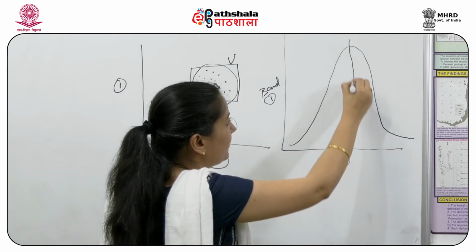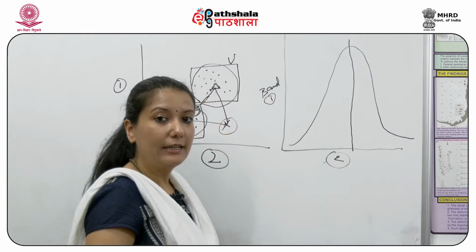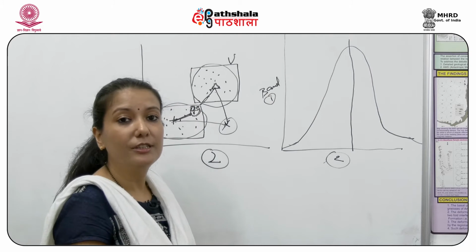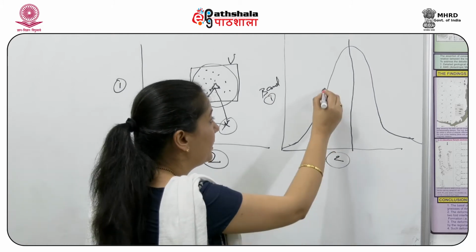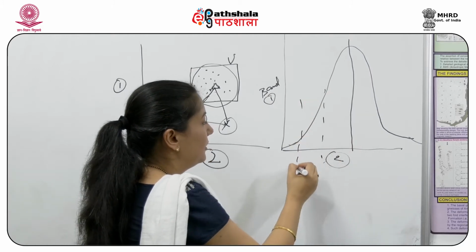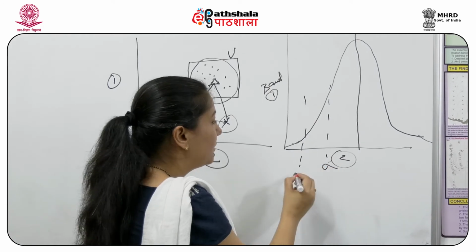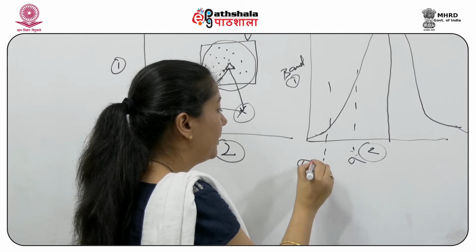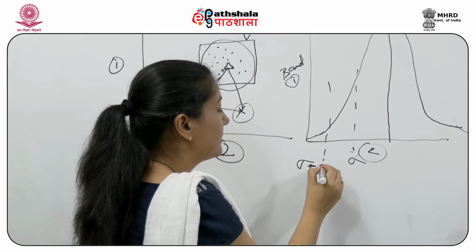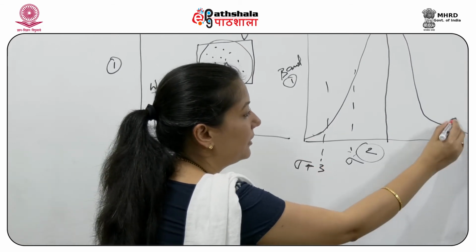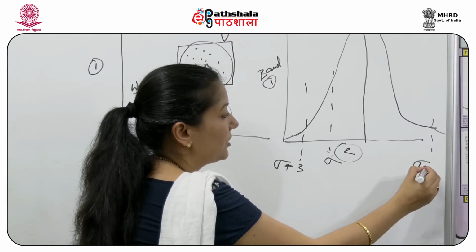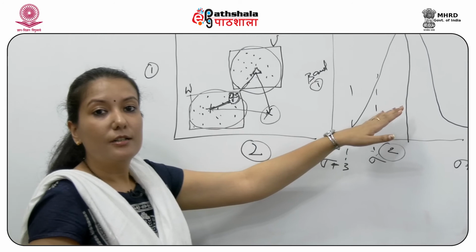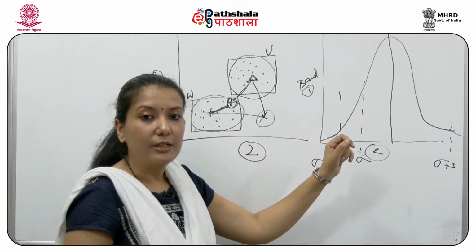Suppose this is your mean value for that class and the ends represent your standard deviation for that class. So this might vary between a standard deviation of -3 and here it would be around a standard deviation of +3. So this is your feature class for your maximum probability.